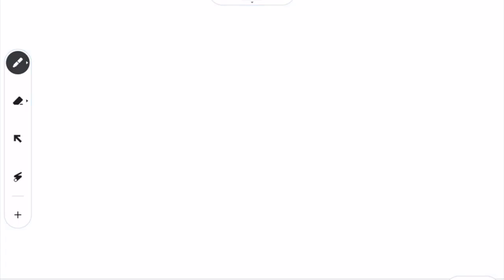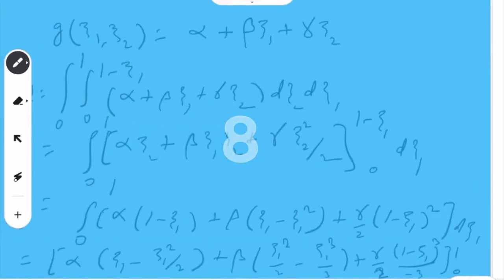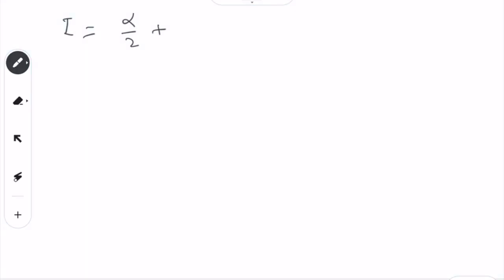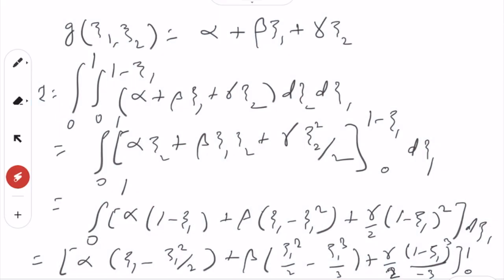So, this is I equal to alpha over 2, then plus, looks at beta becomes 1 half minus 1 over 3, so becomes 1 over 6, so beta over 6, okay, plus and then we see here if you put 1 here, this becomes 0,